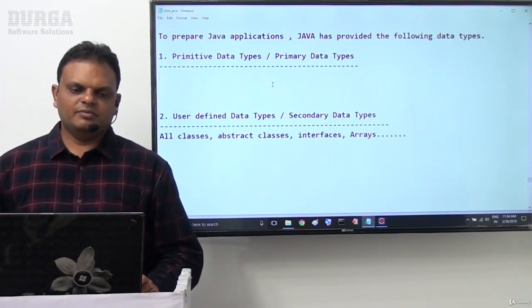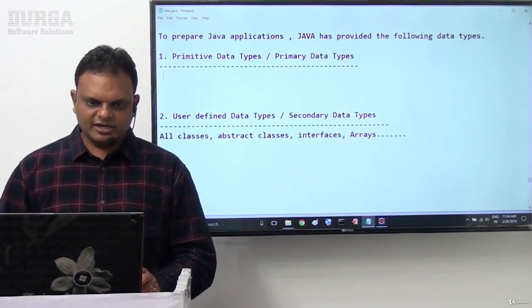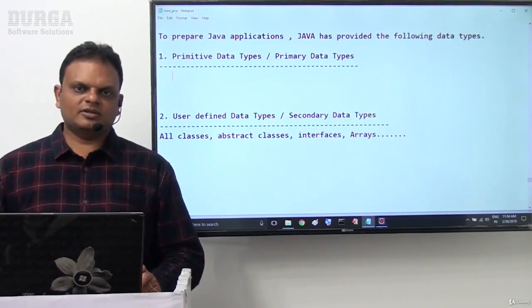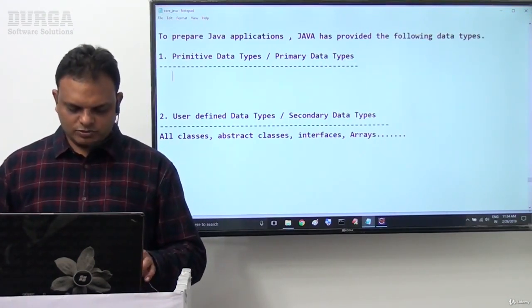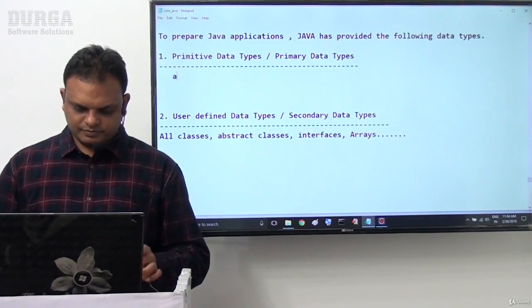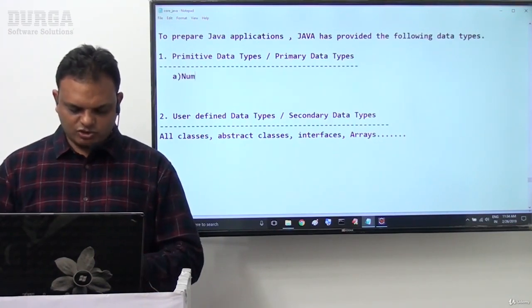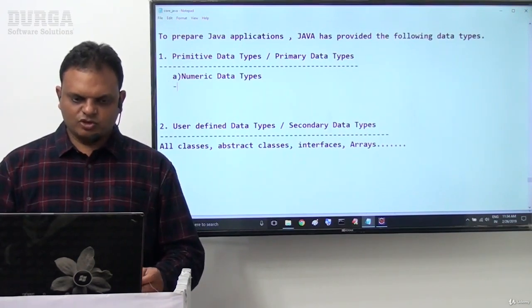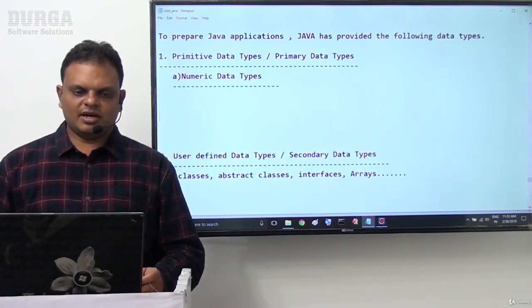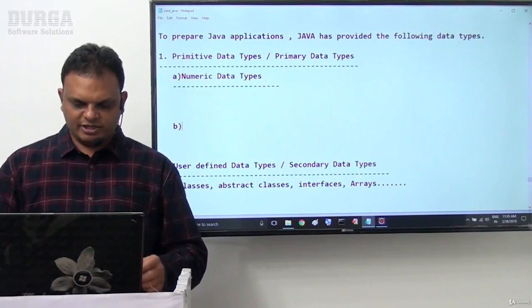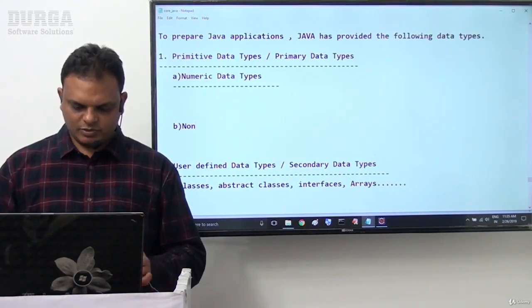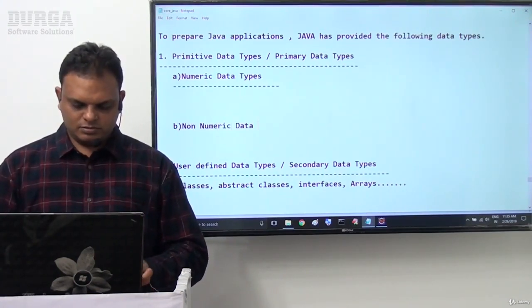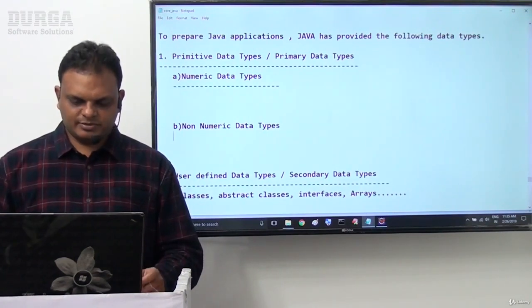Next, primitive data types are again divided into two types. The first one is numeric data types and the second one is non-numeric data types.